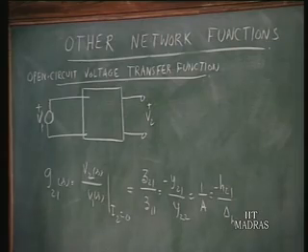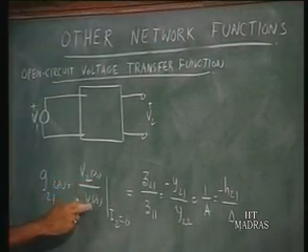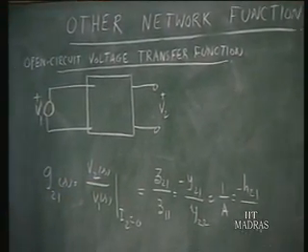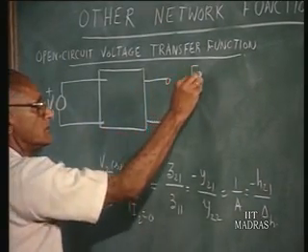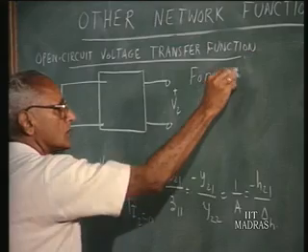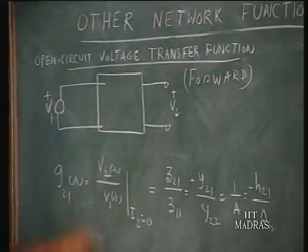In this particular example, we have port 2 open, and we apply an input voltage V1. The ratio of V2(s) to V1(s) under open circuit conditions is called the open circuit voltage transfer function in the forward direction. That is, the signal is going from port 1 to port 2, and it can be shown that this is